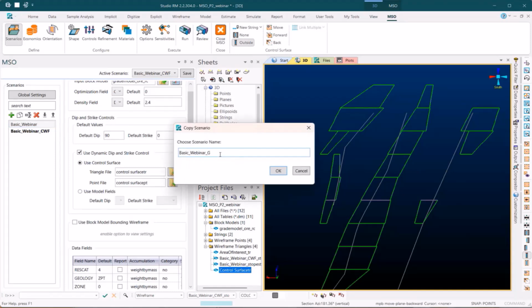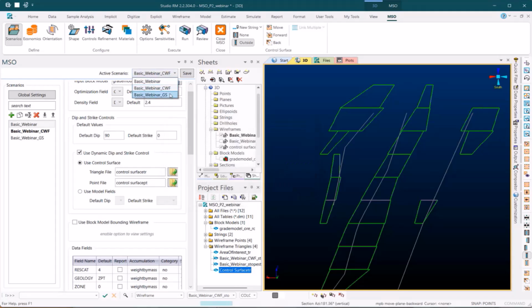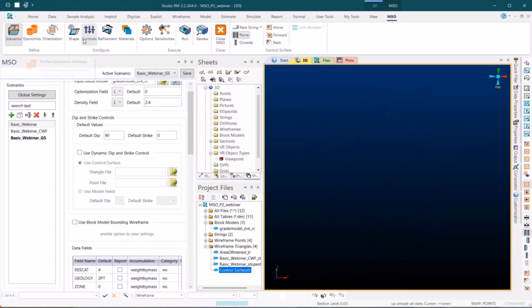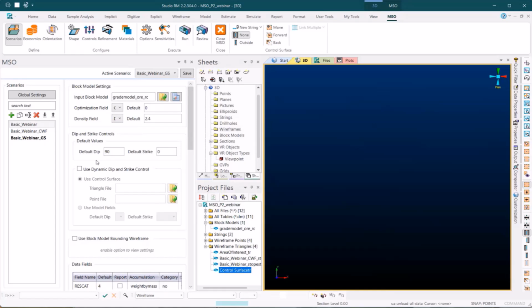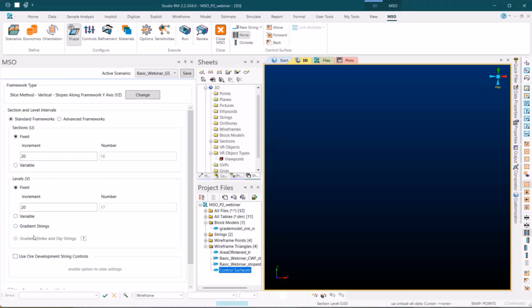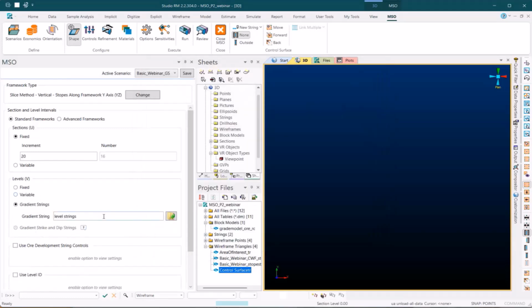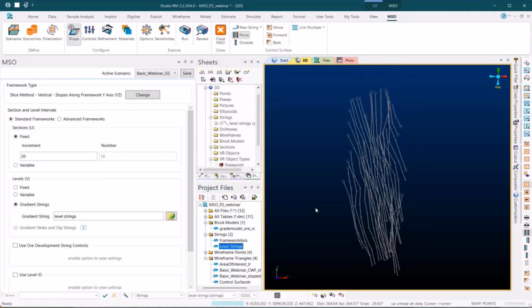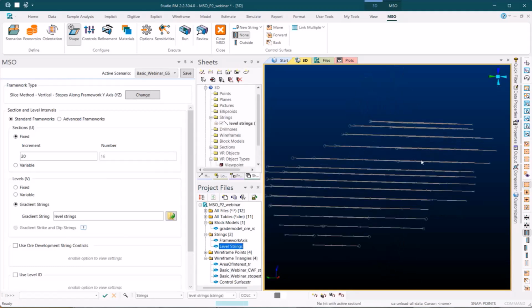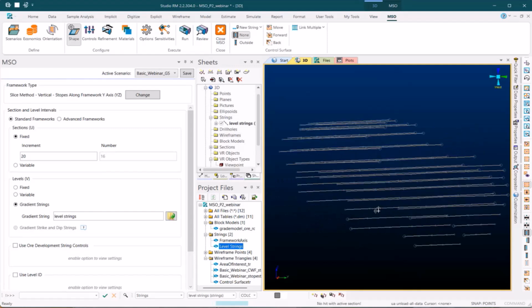called gradient strings. So I'm going to remove my control surface, I don't have it anymore. Gradient strings is to control your level height. So if you have planned for multiple different heights for your planning, as seen here, so as you can see